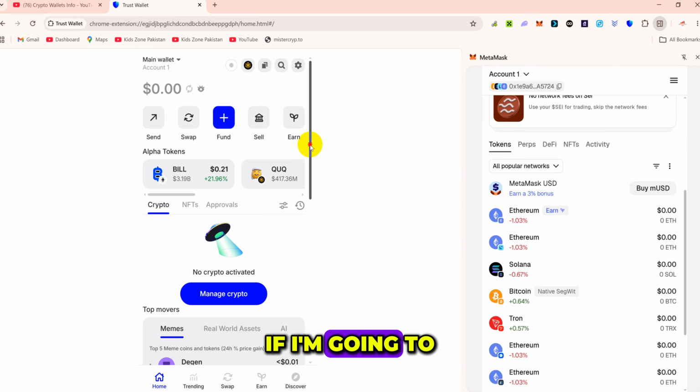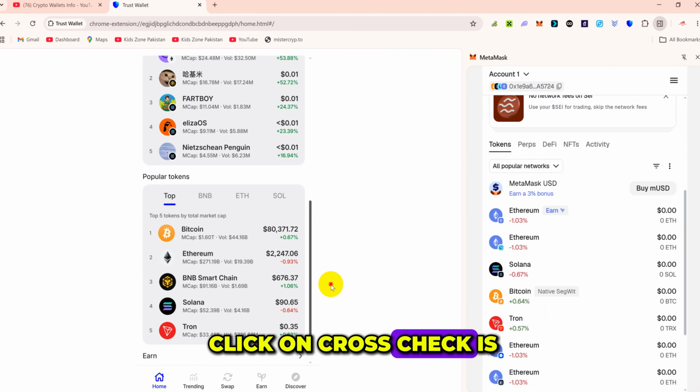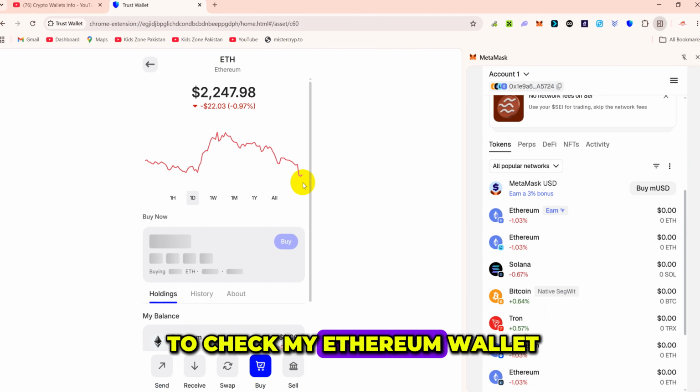You can cross check. Let's suppose I want to check my Ethereum wallet address of my Trust Wallet. I click the receive button. You can see here, copy, and my wallet address starts with 0x. Now what is the address of my MetaMask, where I imported my Trust Wallet?